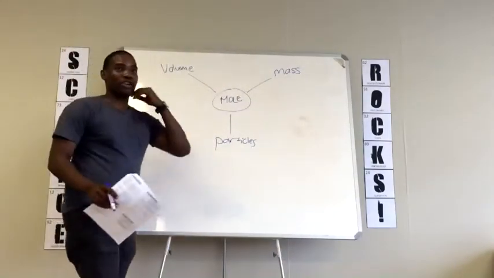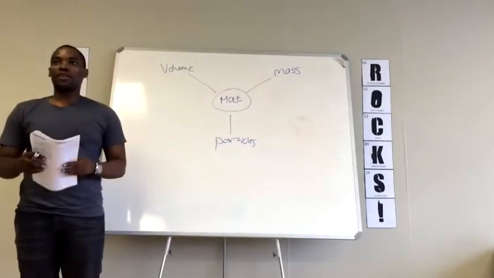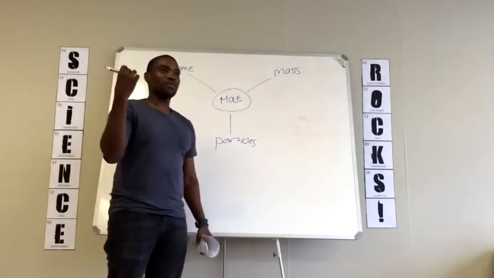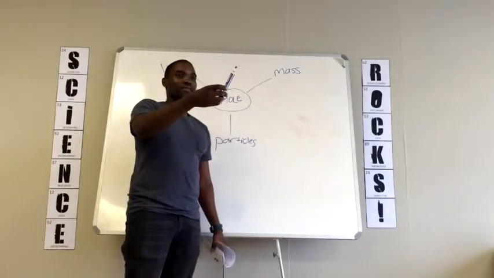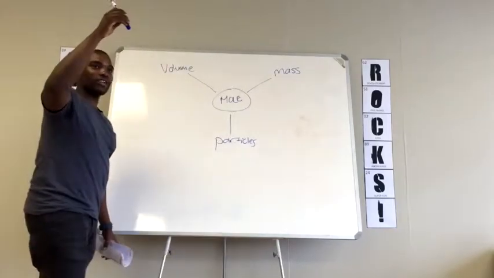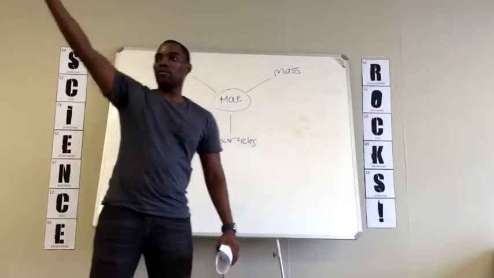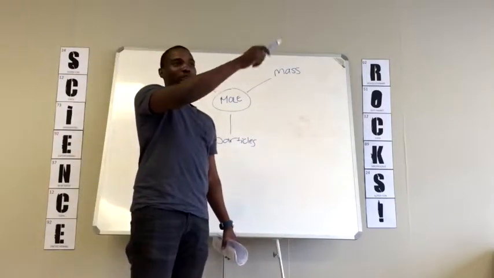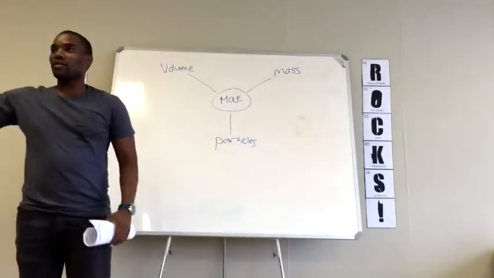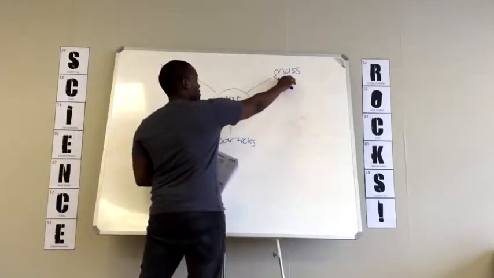So now imagine on the Gautrain, if I'm in Rosebank and I want to get to the airport, I'm going to hop on the train at Rosebank, and then where am I going to go first? Marlborough, yeah, and then I'm going to connect to the airport. From the airport to go to Pretoria, how do you get there? Yeah, you have to go from the airport back to Marlborough, and then you can go to Pretoria. From Pretoria to Rosebank, I'm going to have to pass through Marlborough to get to Rosebank. Yes? Okay. Similar concept happens here, where you're going to go from mass, take a train to moles,